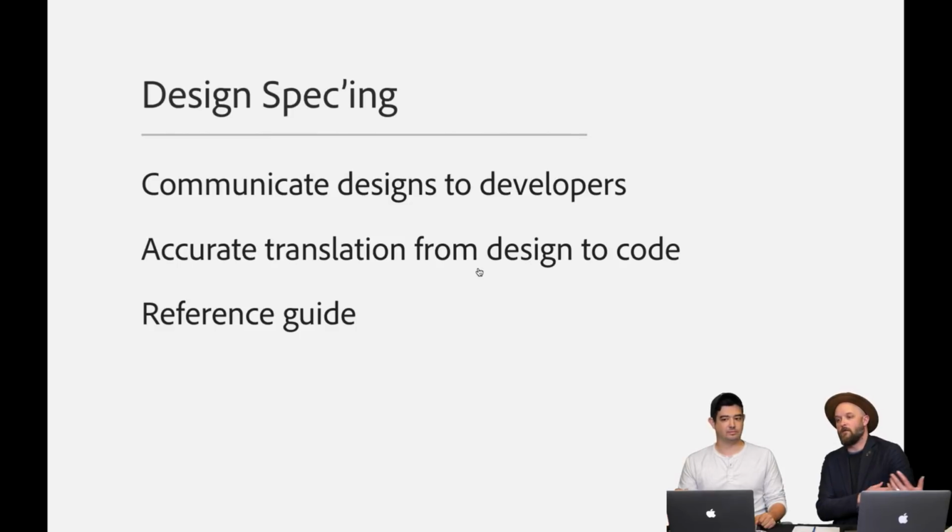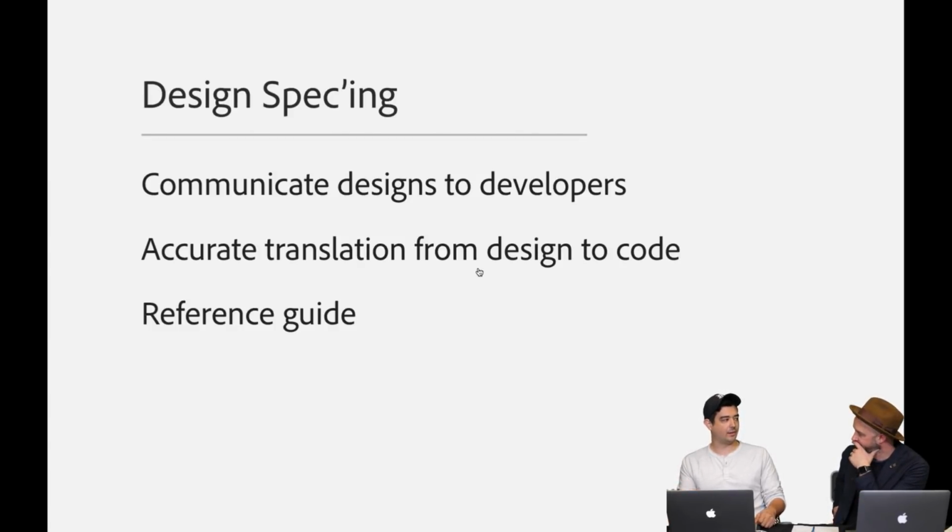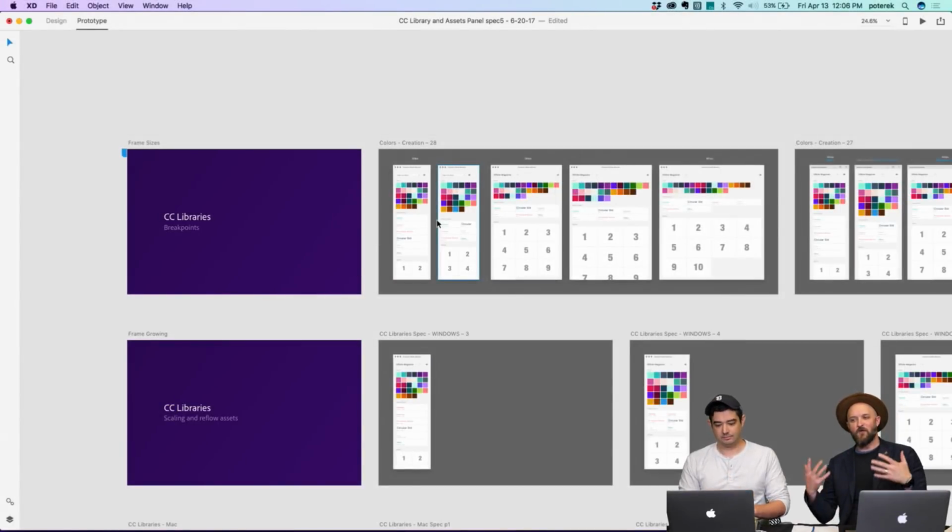And again, the design spec, when you're collaborating with the development team, really becomes that reference guide. It's where the conversation starts to happen, right? It's not the file, it's not the prototype. You're really having a conversation around the implementation and the development of your design into code. So this becomes a really important document. It's central for everyone. They don't have to have your file, and when you keep updating it, you all know where to go to look. Well, let's go over to Alex's screen here,